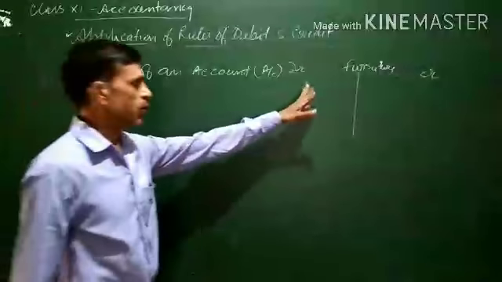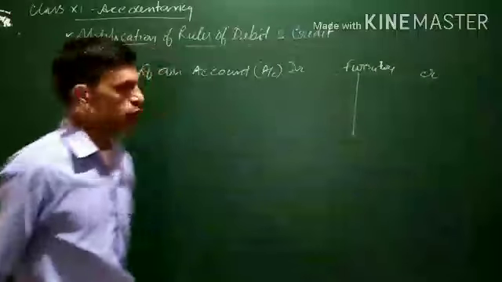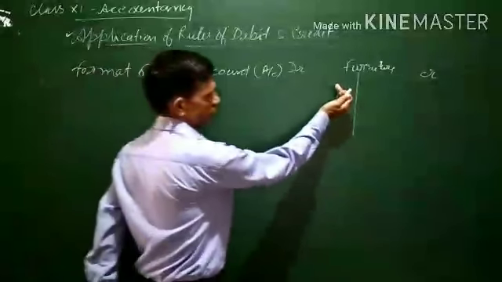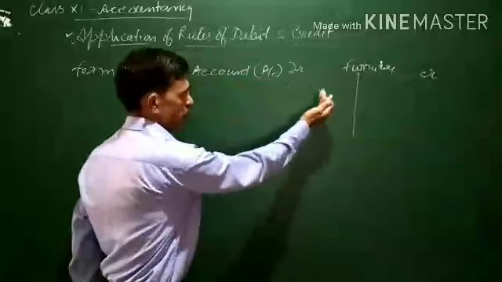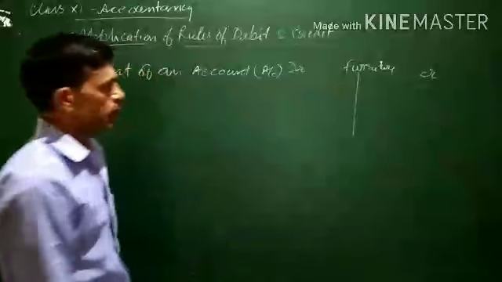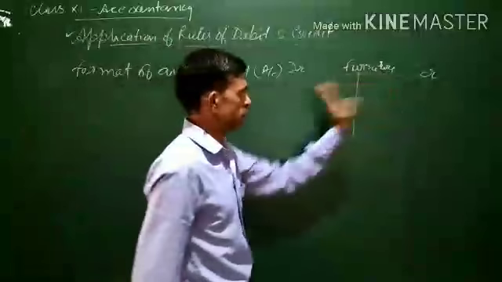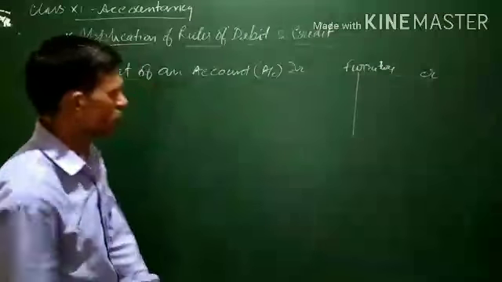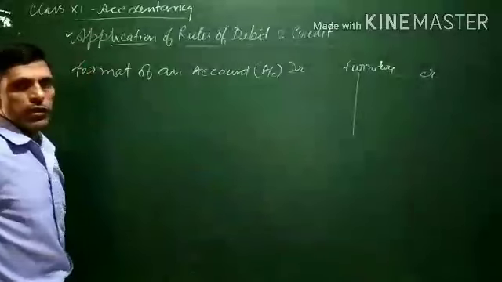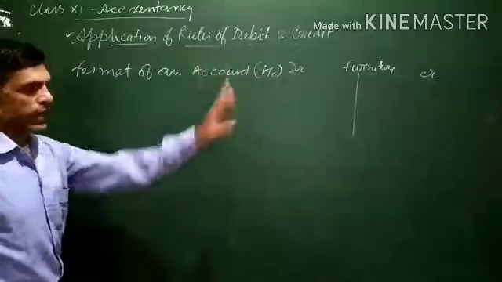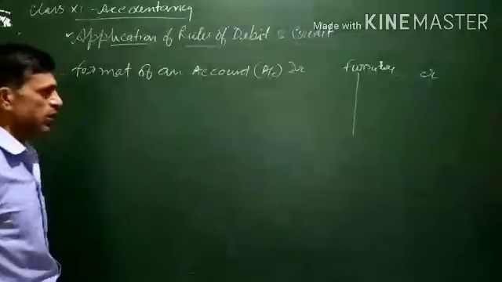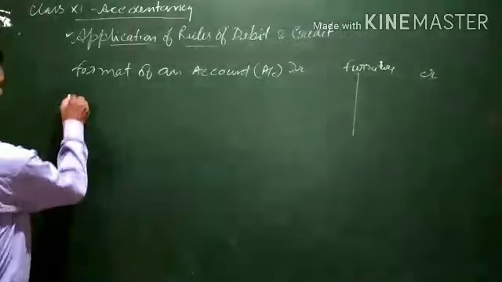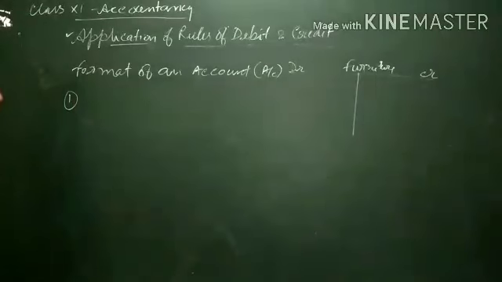There are other columns also, although I am not drawing them. For the amount for debit side there should be an amount column, date column, particulars column should also be there, but I am not drawing all these things. This is the format of a T account. Generally, this is the format of an account. How to record the transaction in an account? Let us take an example first.